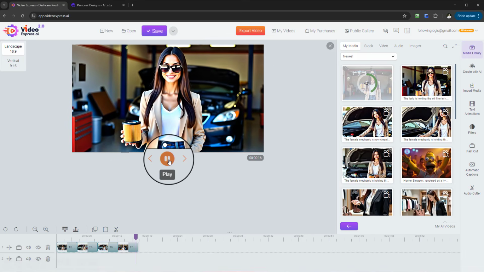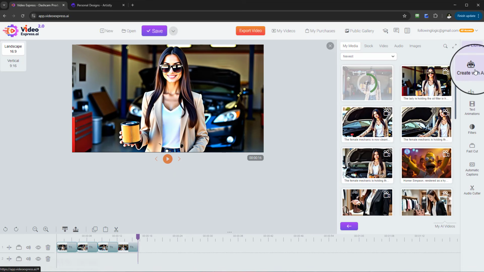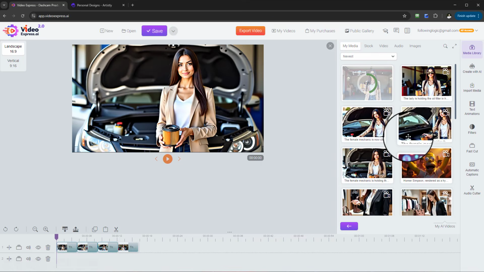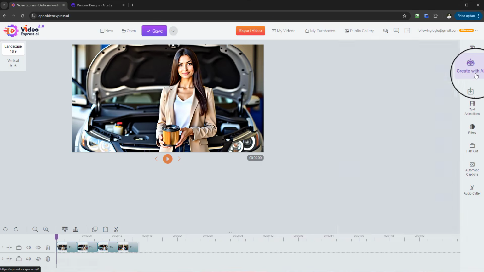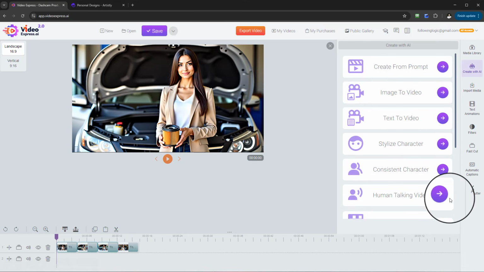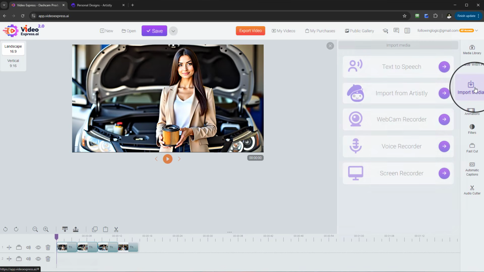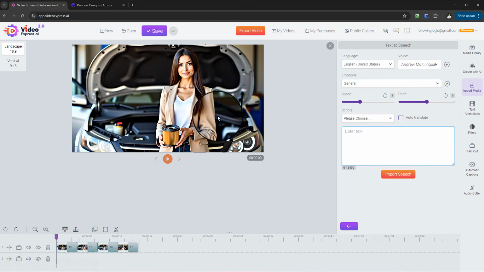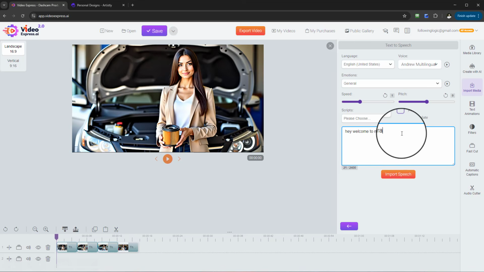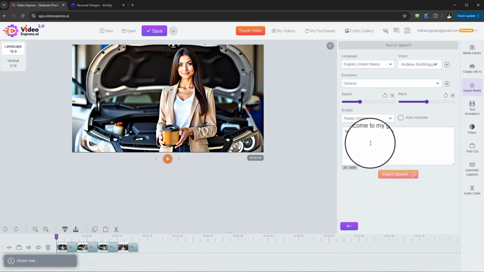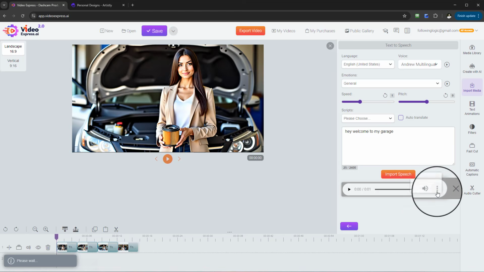Okay, so it's really easy in applying this. And then once I've done that, if I want to make it talking photos, I can. If I want to go and select trait with AI, I can make it more fascinating or interesting by doing object removal. If I want to remove anything, add sound effects. If I select import media, you can actually do text to speech. So if I want to say, let's just say, hey, welcome to my garage, as an example. So if you put your script in here, select import speech, you will see now here we have the audio. I simply select download,